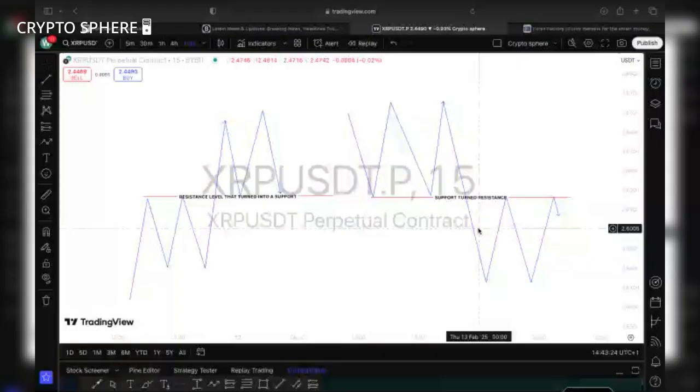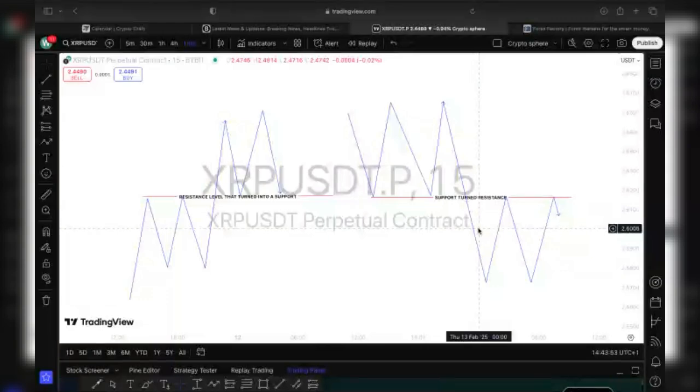So let me give you a quick 10-minute task before we proceed. Go to any pair of your choice. I believe you know how to use your TradingView already. You know how to use your line tool, because that's the tool you'll be using this time. You're going to identify one support level and one resistance level. And you can also identify a support level that turns into a resistance,